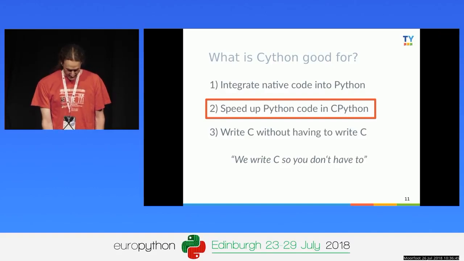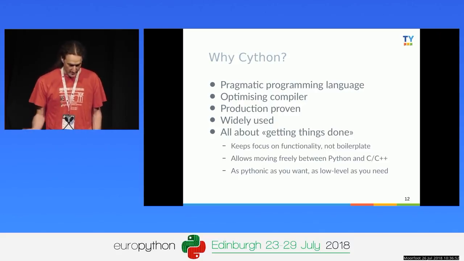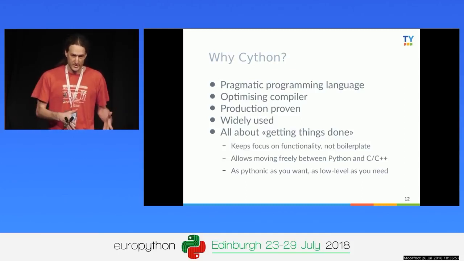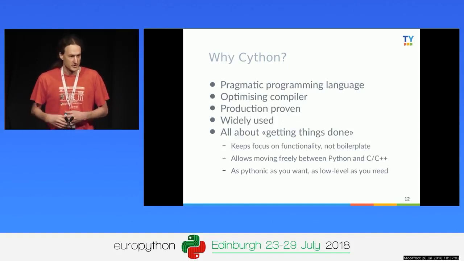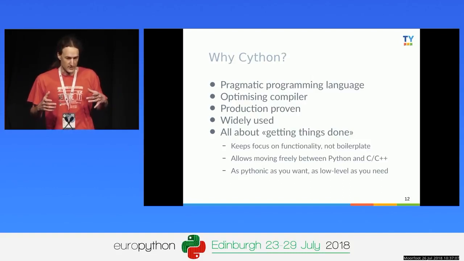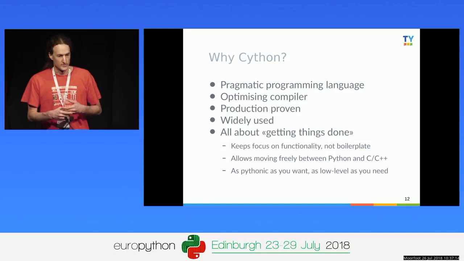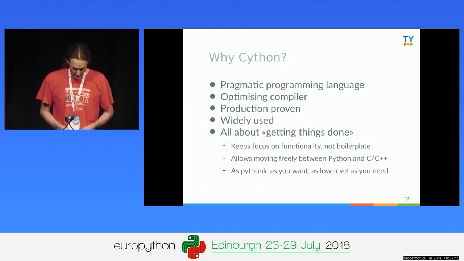Well, the topic for today is speeding up Python code, so I'll focus on that. Why do you use Cython in general? It's a very pragmatic programming language. It's actually a programming language, so it extends Python, but it is Python. You can take arbitrary Python code, drop it into Cython, compile it. It usually runs faster. But you can also use extended syntax or type annotations in there to speed up your code, to tell the compiler how to optimize your code beyond what the Python language allows. So it's an optimizing compiler.